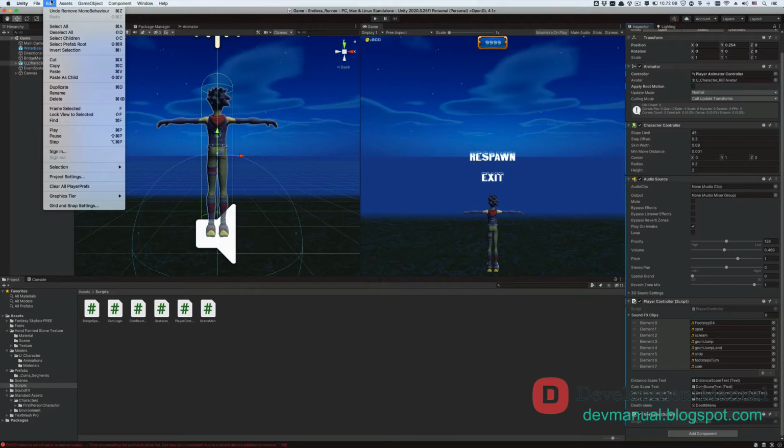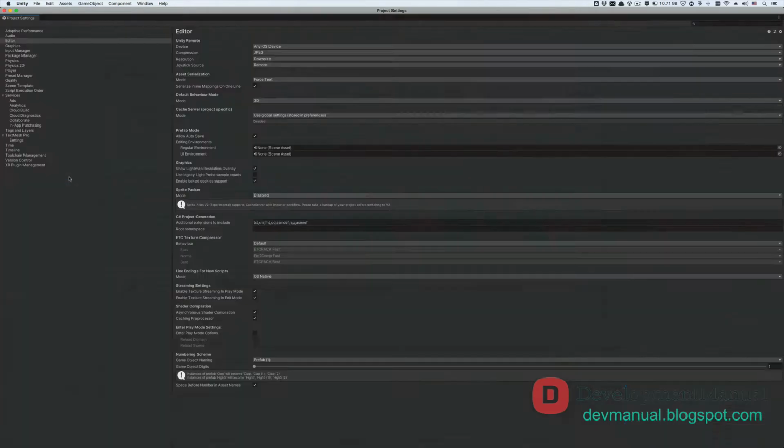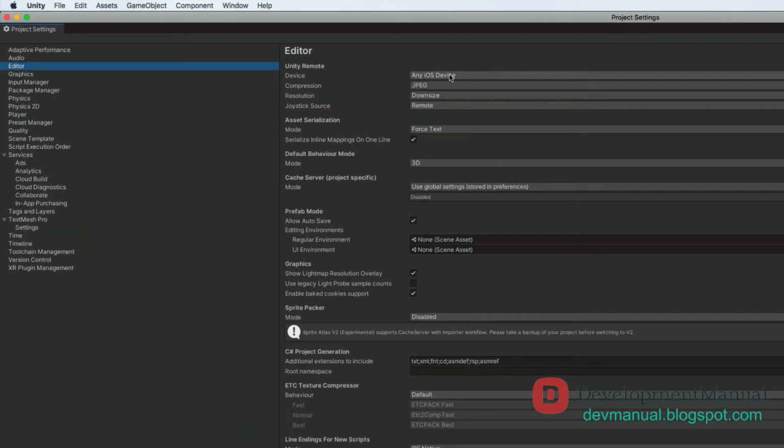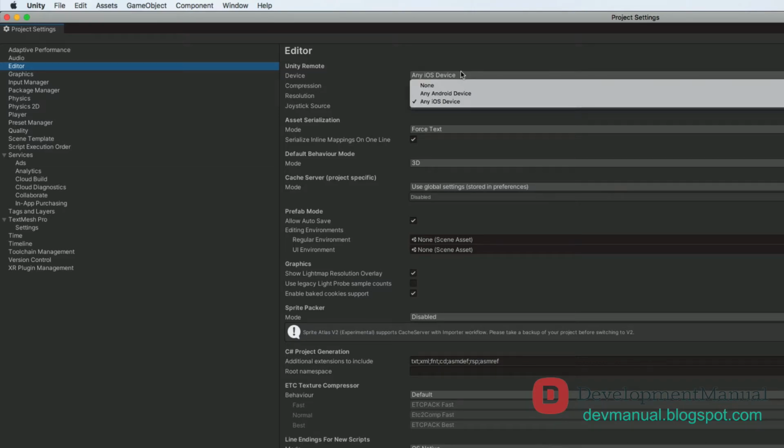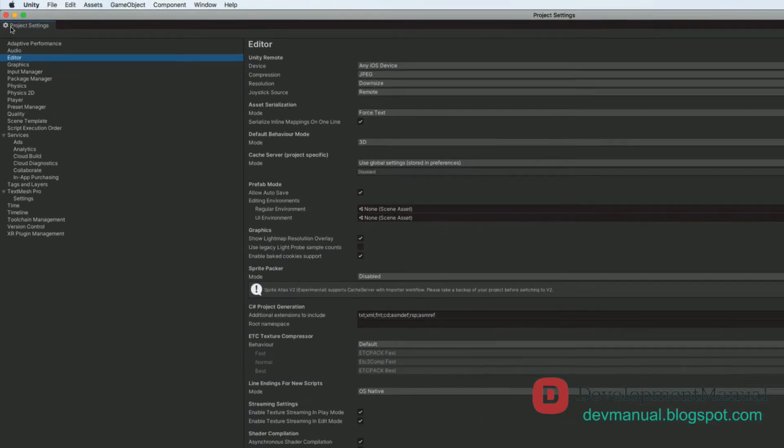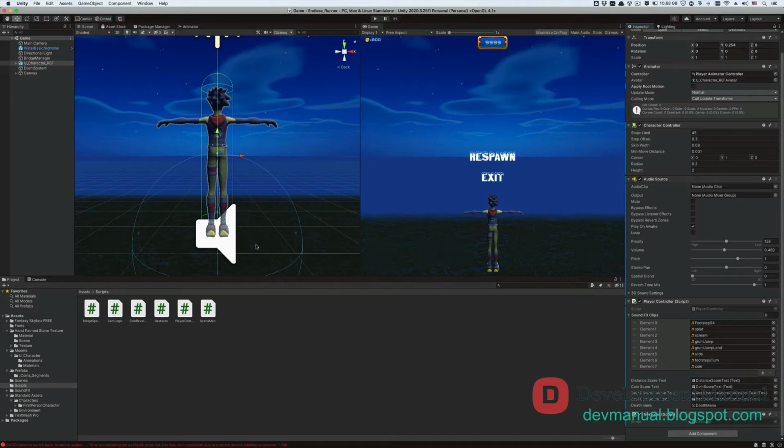From Edit on the menu bar, select Project Settings. Then select Editor from the left. Under Unity Remote Settings, click on Device. If you're running the Unity Remote 5 app on an Android device, then select the Any Android Device option here. And if you're using iOS to run the Unity Remote app, then select Any iOS Device. Now close the project settings window. Our editor is now ready to mirror our game to mobile phones so that we can test the gesture swipes